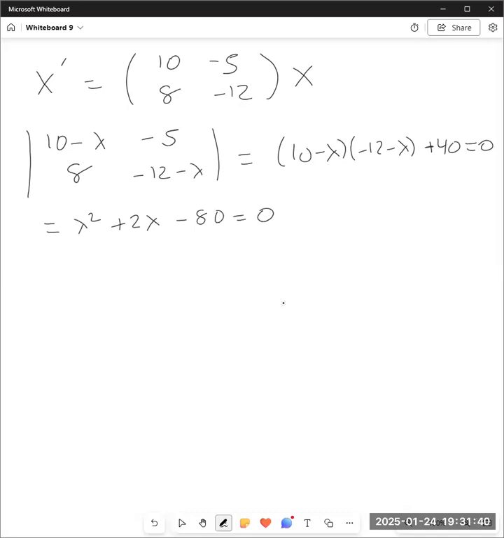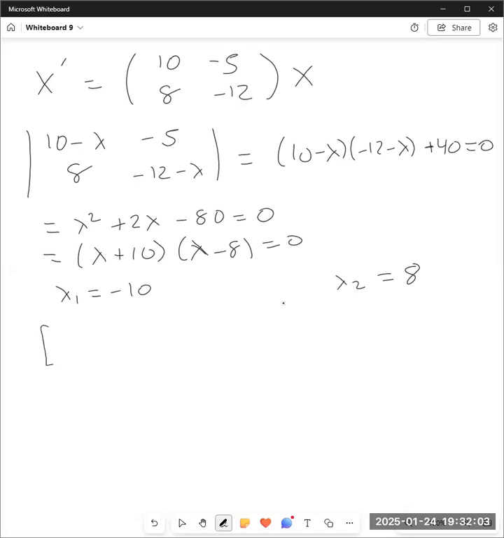Factors of 80 that have a difference of 2 are 8 and 10. The 10 needs to be positive. So lambda plus 10, lambda minus 8 equals 0. So lambda 1 equals negative 10. Lambda 2 equals positive 8. Sticking them in up here,